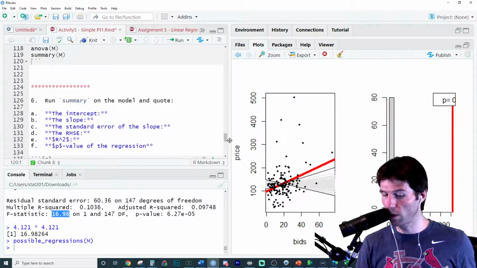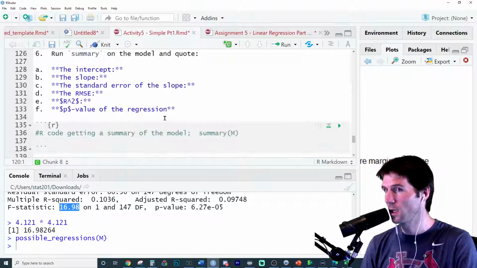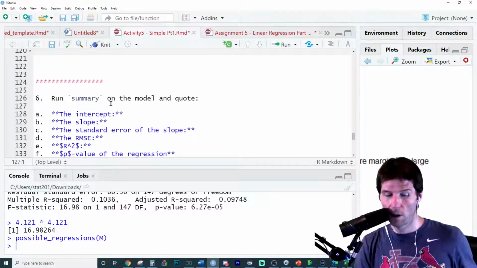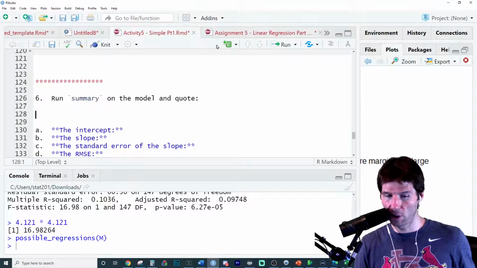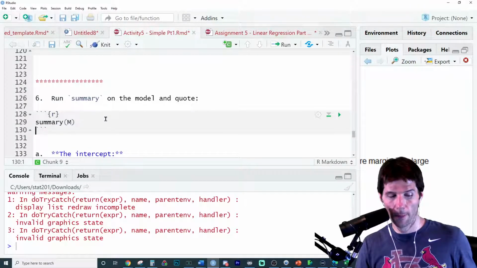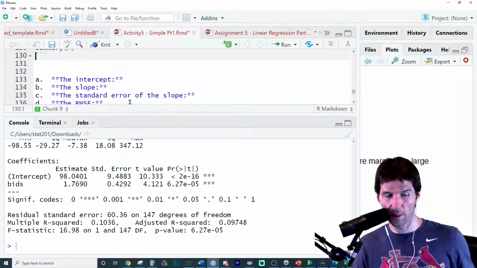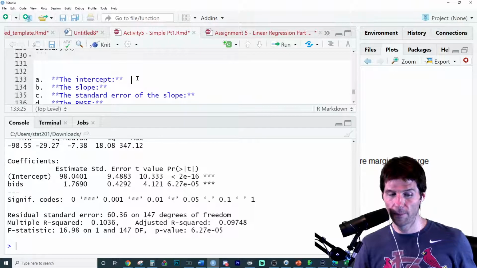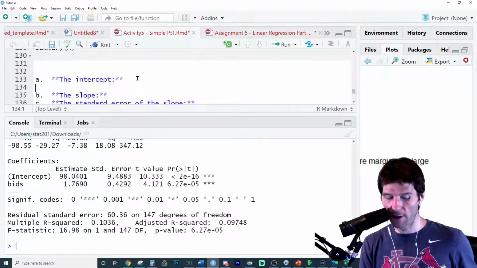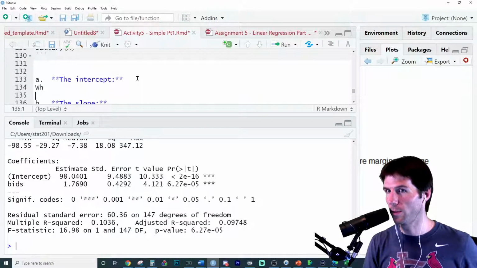Probably one of the most important things for your homeworks and your assignments is being able to interpret these values. We're going to go in here and put in a chunk and run this. Summary. Okay, so we have the intercept. The intercept value is this right here. So this is the intercept value, but we would say when an Xbox, and we are in the Word portion,